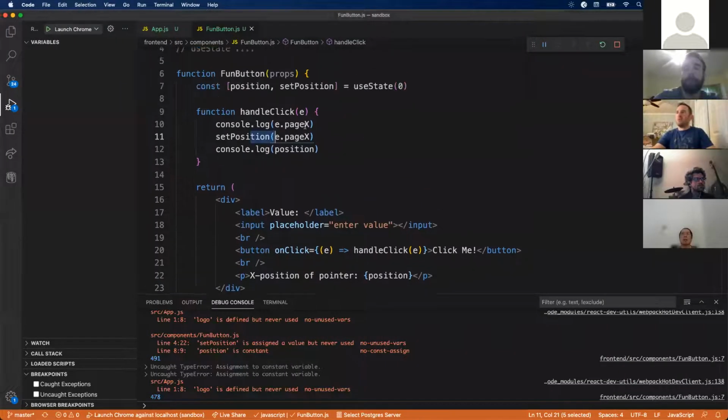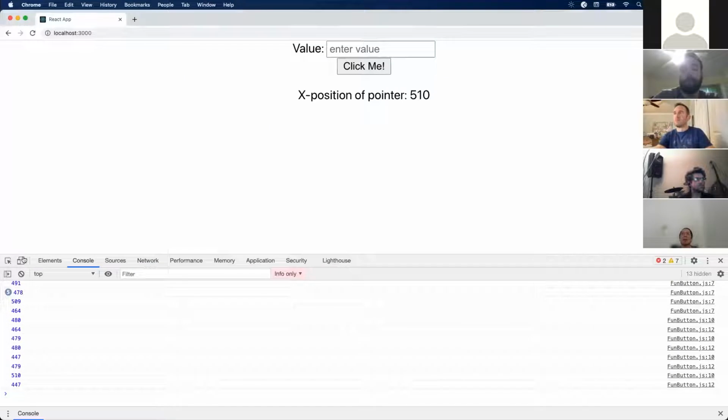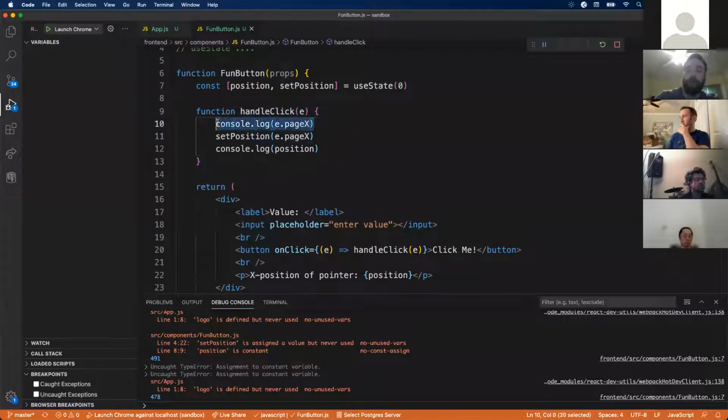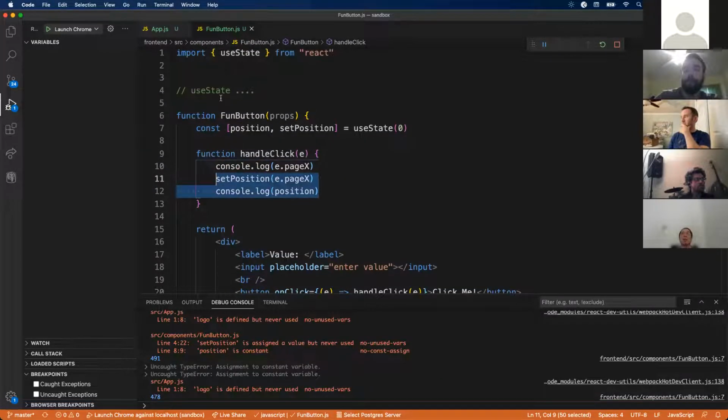Let me just clear my console then. All right, so if I click here, the previous value is 510. If I click on this button, notice that 510 is what gets printed out here, because that's the previous value, even though the new value is 462. That's being printed with our first console.log. So again, the key takeaway with setState, I think most of us should understand what setState is doing: it keeps track of a value. The only caveat is if you forget that it's asynchronous, you can get into trouble